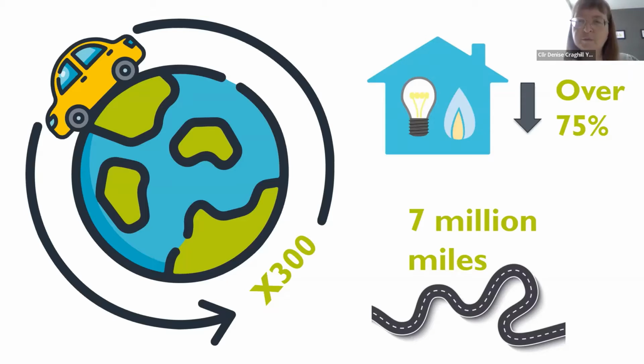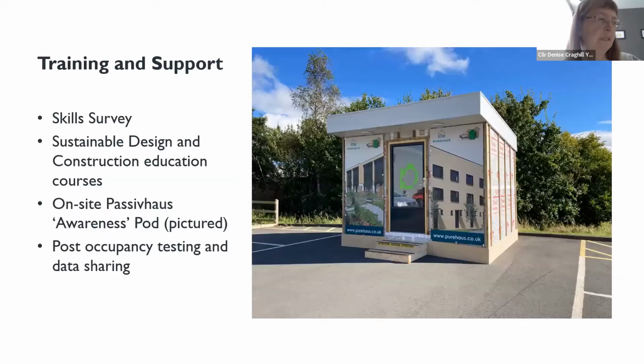And of course, the approach brings major benefits to residents with anticipated energy bill savings of over 75%, as well as major benefits for our future energy security and demand reduction. We're aiming to set the standards and demonstrate what can be done by this housing programme, combining social value and carbon reduction. So just getting towards the last slides,